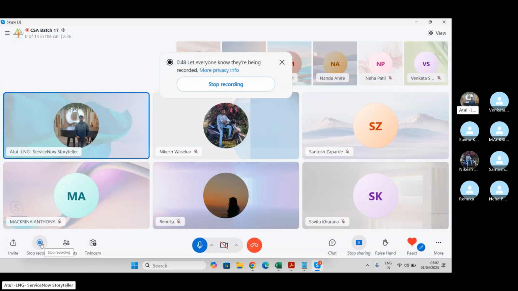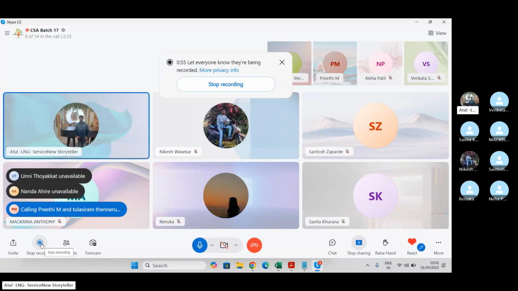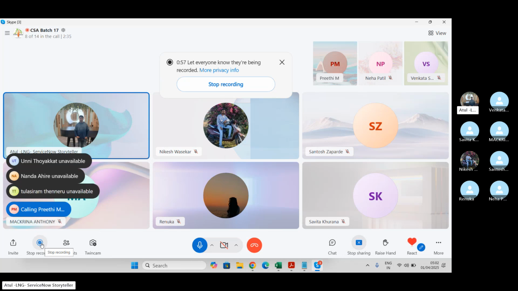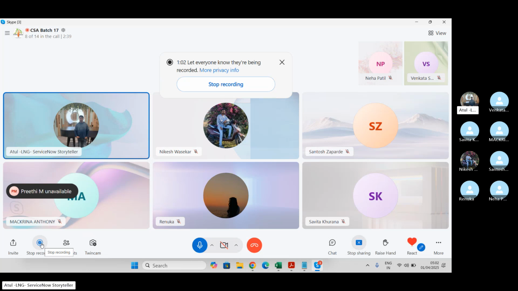So UI policy is like low code or no code, where you can just tick a checkbox and do your work. But client scripts are a little more advanced. In this, we have to write code, so that we can make other things possible. You can make the field mandatory or read only via client script as well. But we can use more